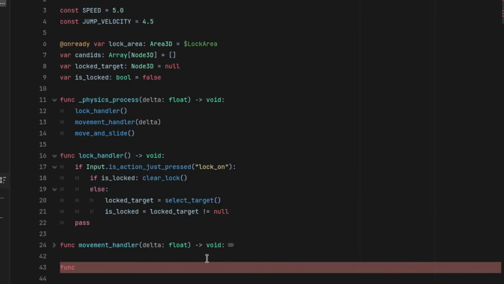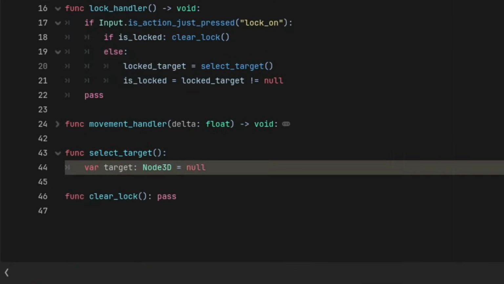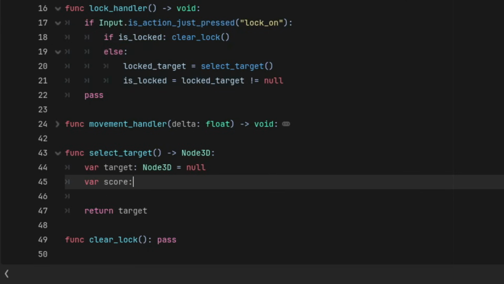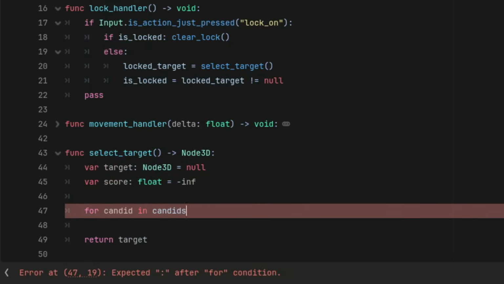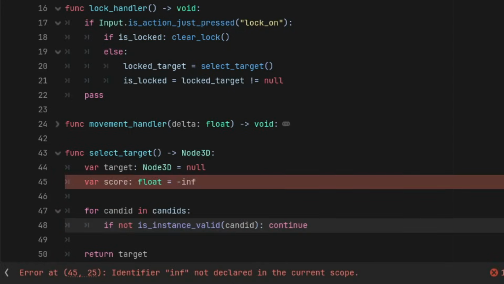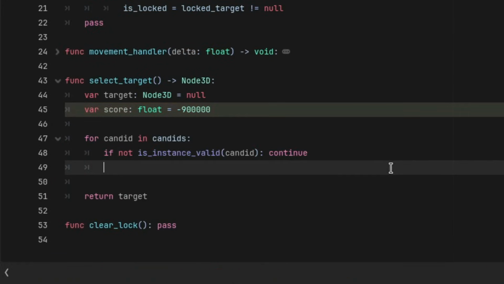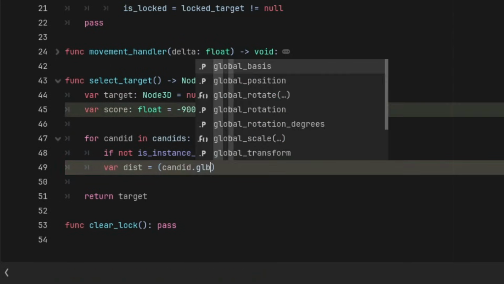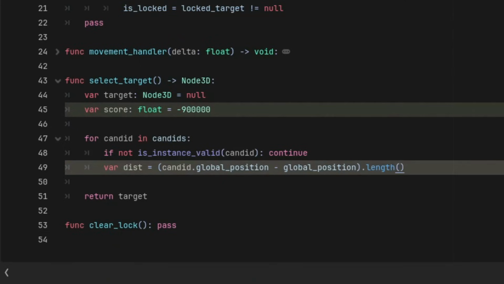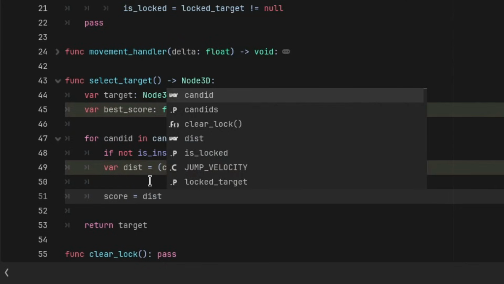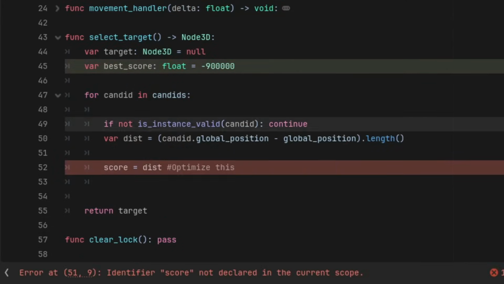Now let us define the logic behind selecting the target. Again, as said before, I will only pick the nearest target that is available to me out of all of the potential candidates. So the logic is pretty simple, that we loop across our entire candidates array and just find the one nearest to us. And once we come out of this loop, we just return whatever target we have acquired. This value can also be null if there were no targets available. In that case, our is locked boolean will be false.